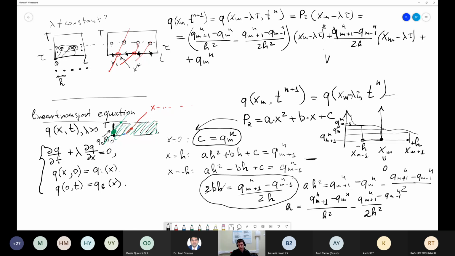This is the final formula for the grid characteristic method, and the precision of this formula will be